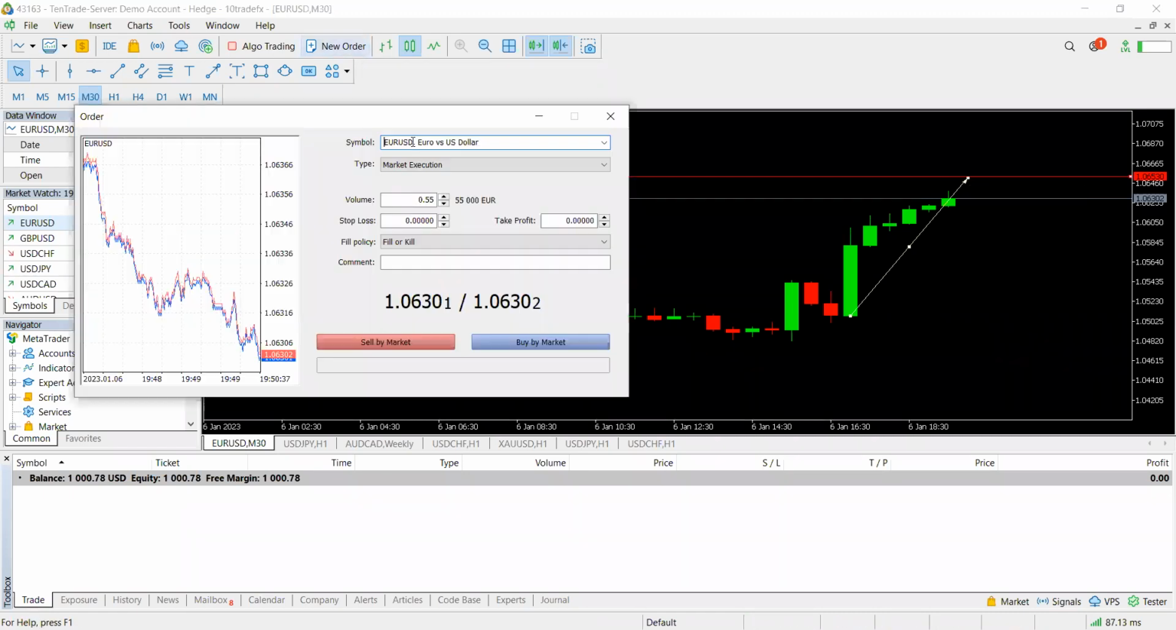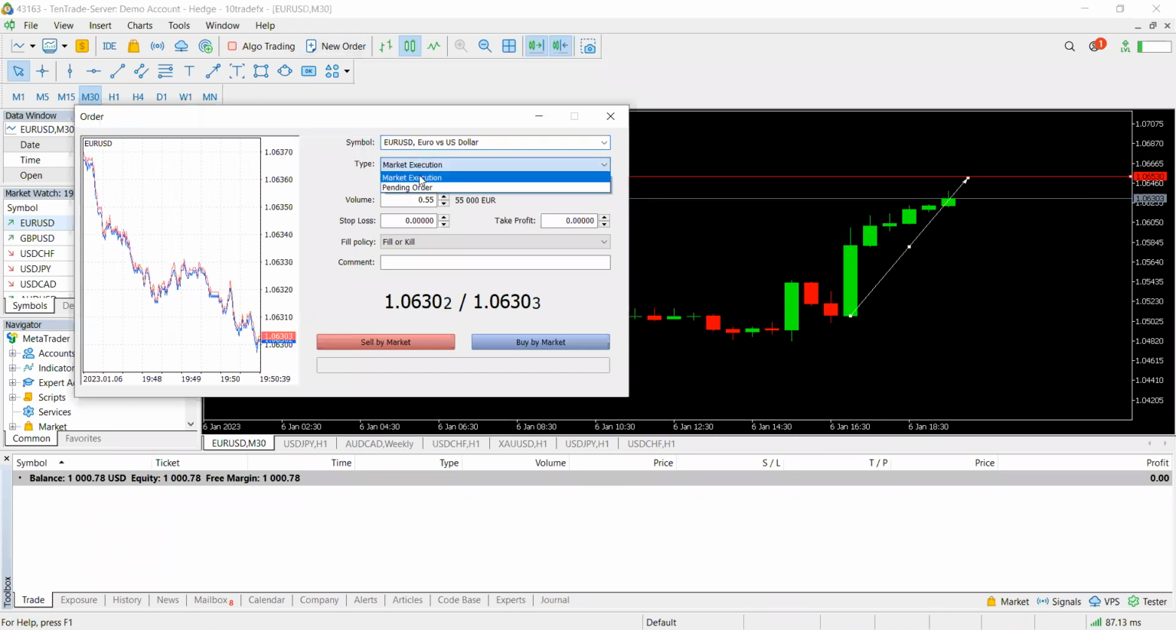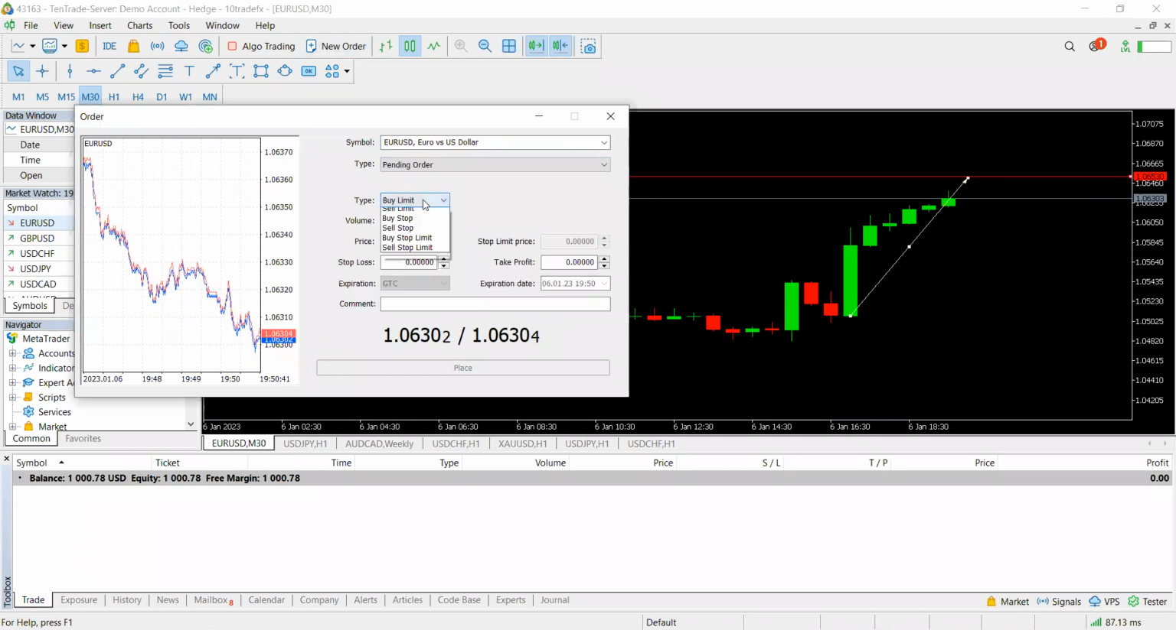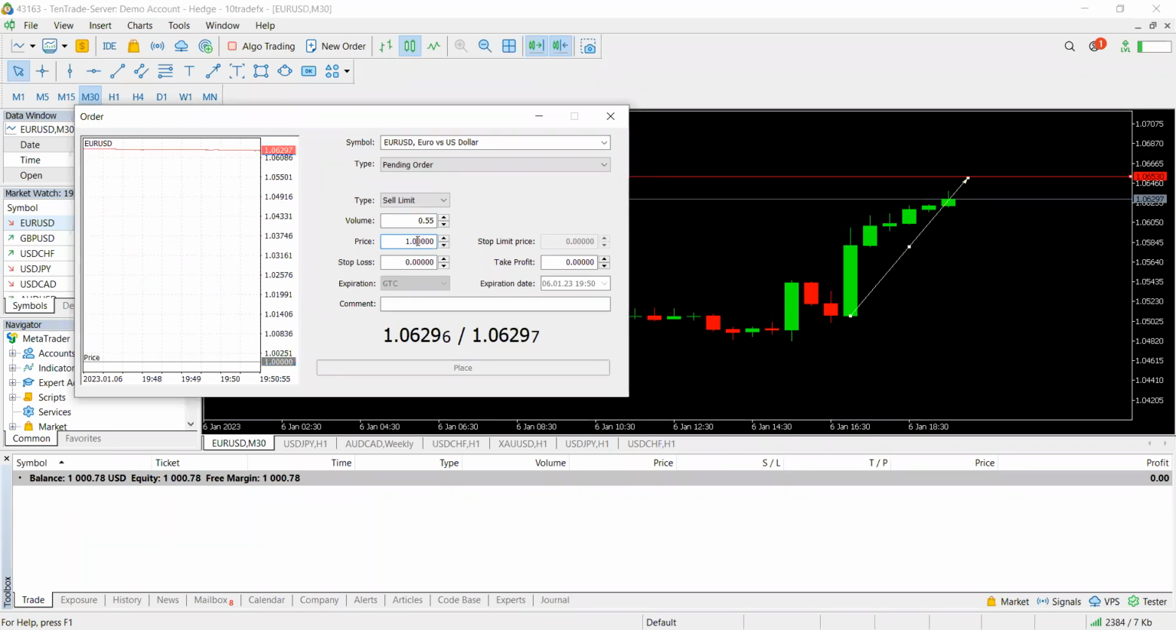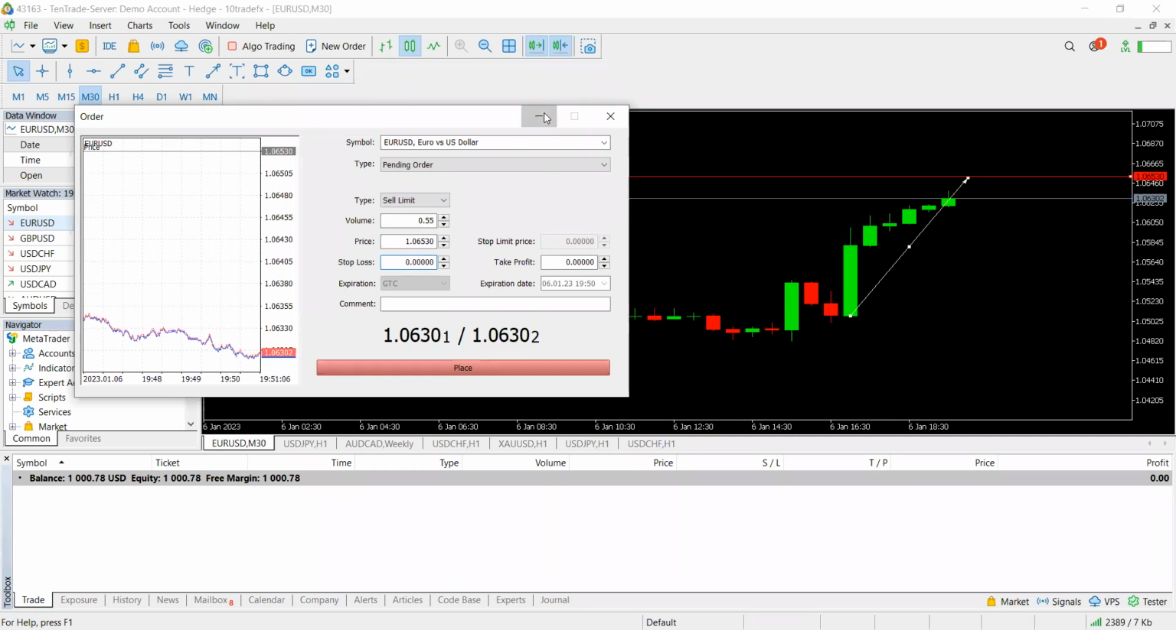Come to new order, type pending order, select your sell limit, right? Put your lot size, put your price. So which price do you want to enter for a sell? In this case, a sell limit at the top. So that is 1.06530. You want to put your stop loss. So let's just select a random stop loss. So our stop loss can be,